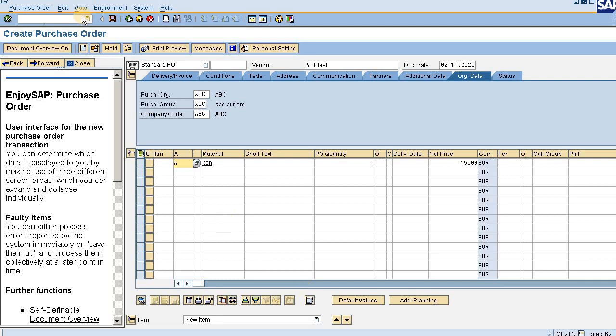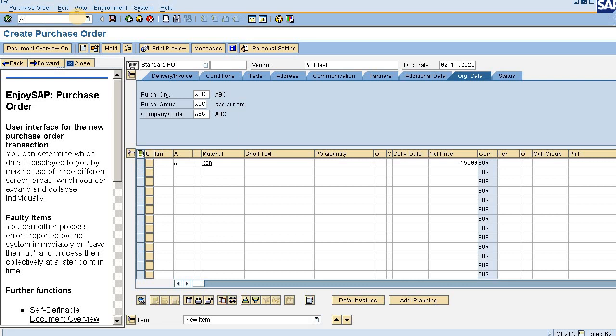Today in this video I'll show you an important lesson, that is the asset acquisition through purchase order. As of now you all know how to run the procure to pay cycle, and you all know how to purchase an asset standalone, but you don't know how to purchase an asset through purchase order. So in this video I'll show you the same, how to purchase an asset through purchase order.